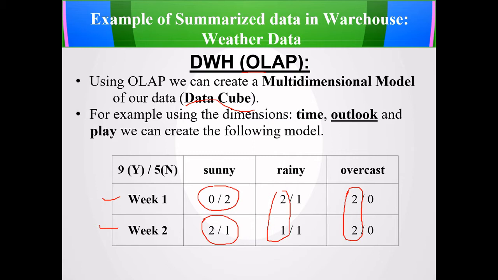So with the help of this summarized data, my top management people can also take decisions, right? They will get an idea about the status of the weather. Whenever the outlook is sunny, the majority of the decisions taken is no. Whenever the outlook is rainy, the majority of the decisions taken is yes, because 3, right? And whenever the outlook is overcast, during these 14 days, 2 weeks, the majority of the decisions taken is